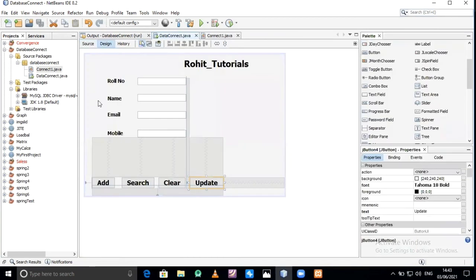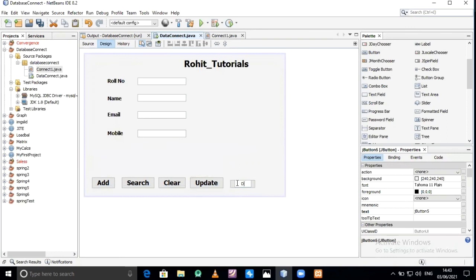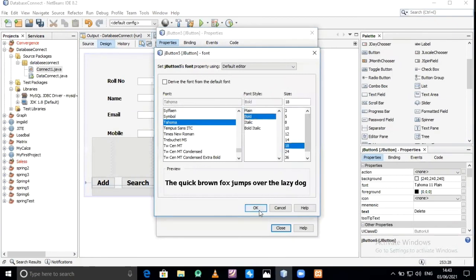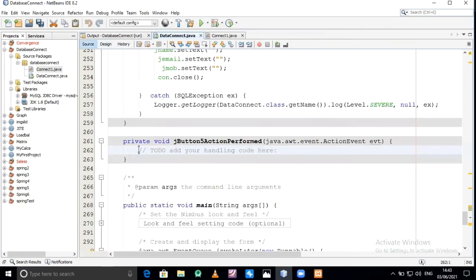Okay, we have performed insert operation, select, that is search operation, clear the information, update operation. Now last operation is delete. Edit the name, delete, change the font 18 bold. Okay, close. Double click on this delete. Again we require the connection object.